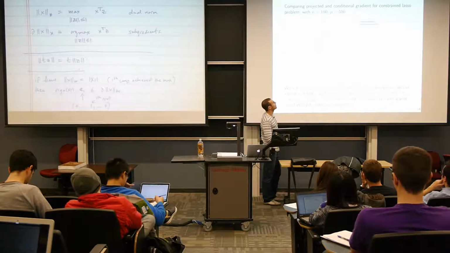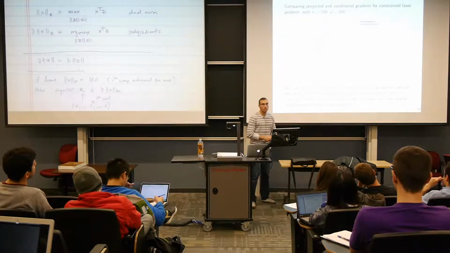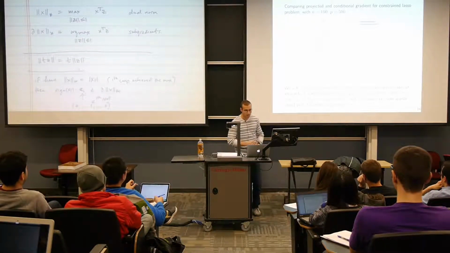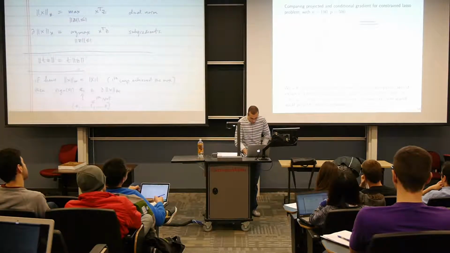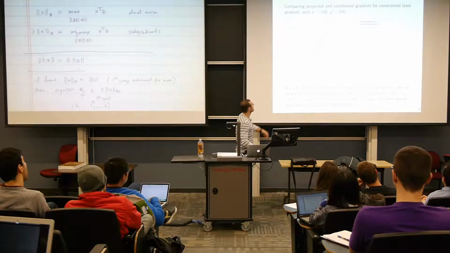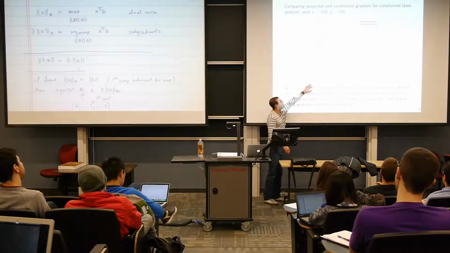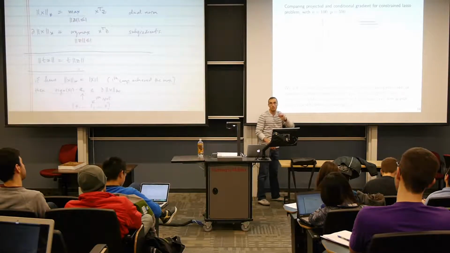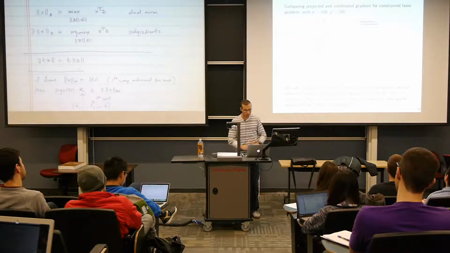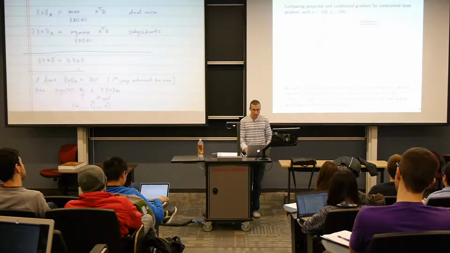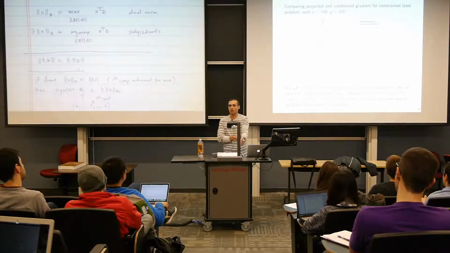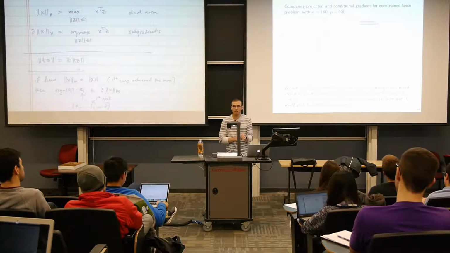We can see that the Frank-Wolfe method in red converges a lot slower to high accuracy than projected gradient. And this is a log scale, so after 1,000 iterations, the gap between f and f star is still somewhere between 0.1 and 1, whereas projected gradient is like 0.001 or smaller. So it's a lot slower to converge to high accuracy. This is not like an oddity of my setup. This is something that I found to be pretty consistently true in practice, and I think that's the consensus,